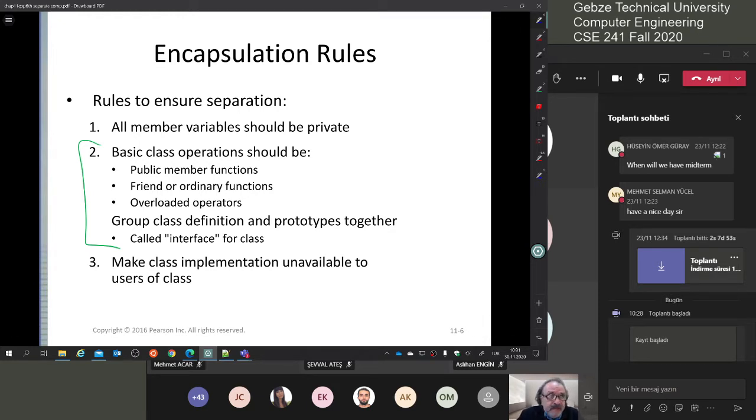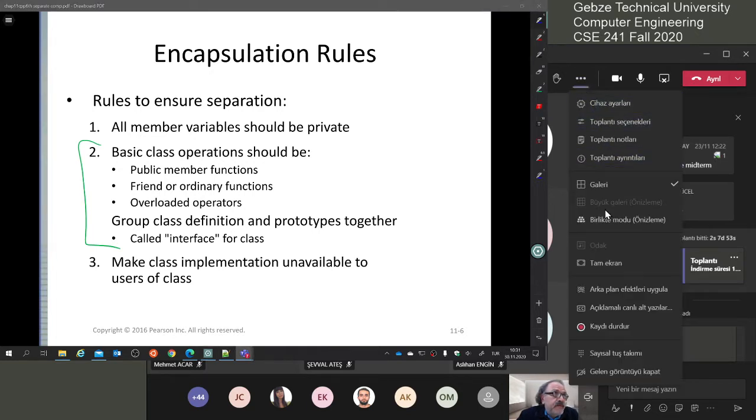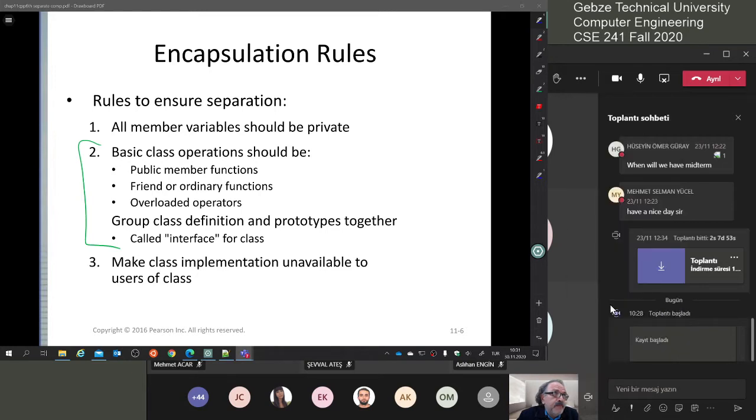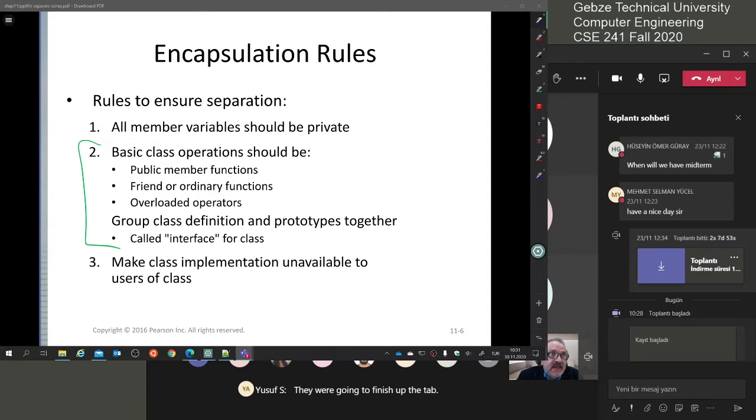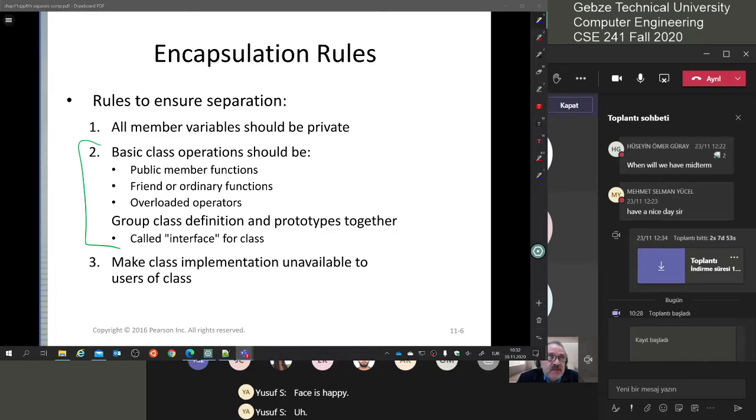Good morning, everybody. We started talking about separate compilation. Today we are gonna finish up that topic. Also, we are gonna finish up the namespaces topic too. Last time we said that we have a number of encapsulation rules. At the beginning of the semester,